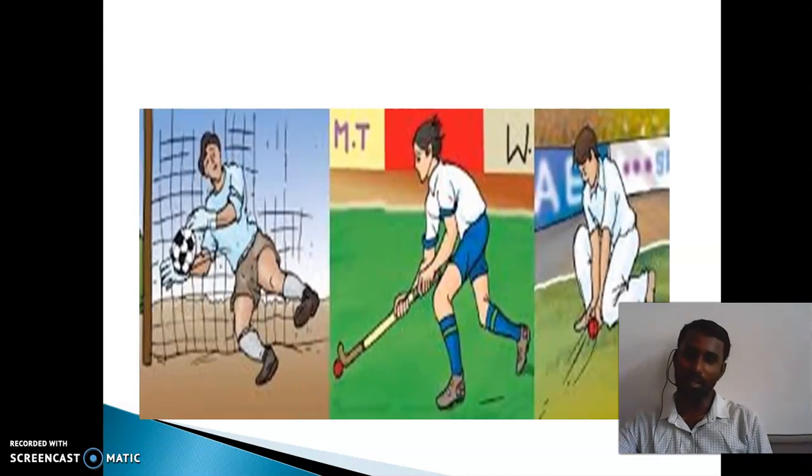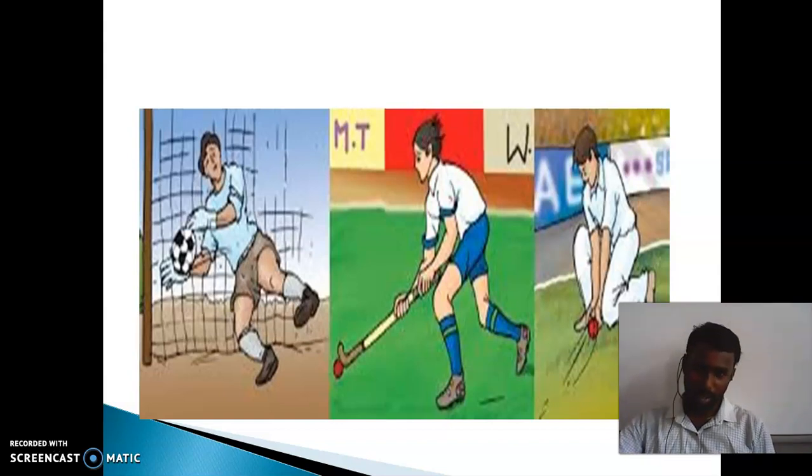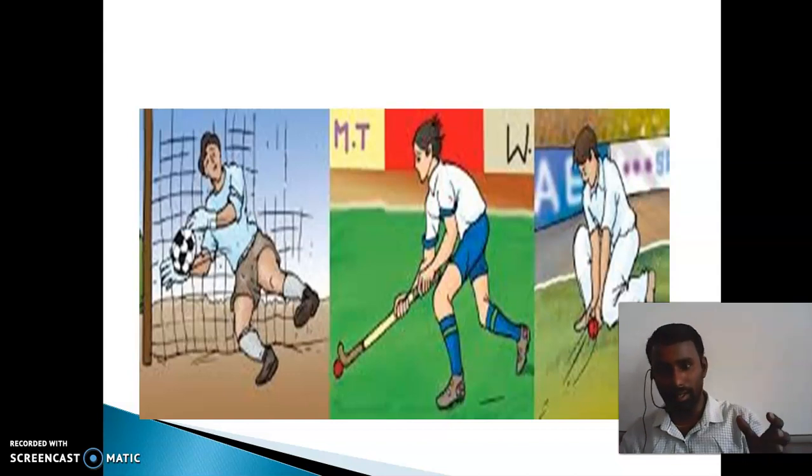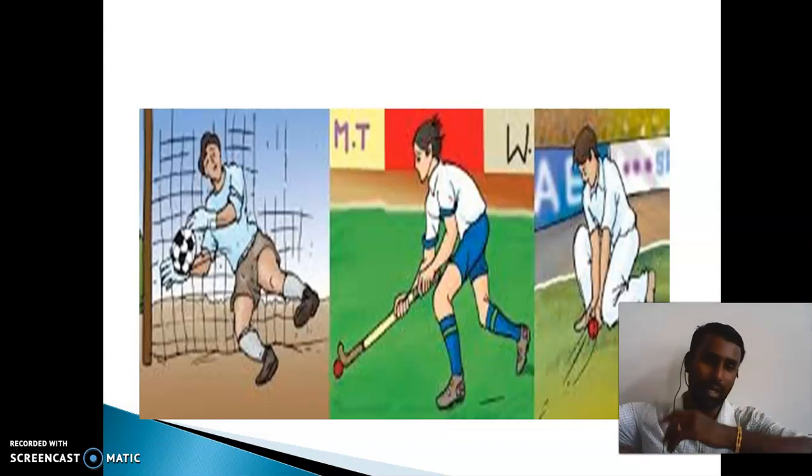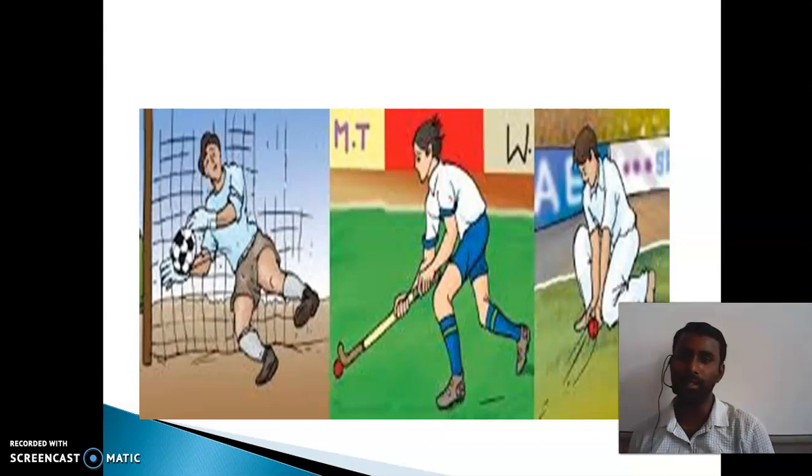First, look at these three pictures. In the first one, a person is kicking the ball, playing football, with the goalkeeper. Whenever you kick the football, it gets some force, so it also changes its direction. The state is changed. Before scoring a goal, the person keeps the ball at rest for a few seconds. Then he kicks it in a particular direction, the ball goes, and it gets a goal if the goalkeeper misses.